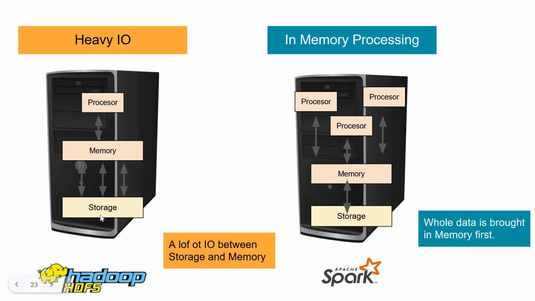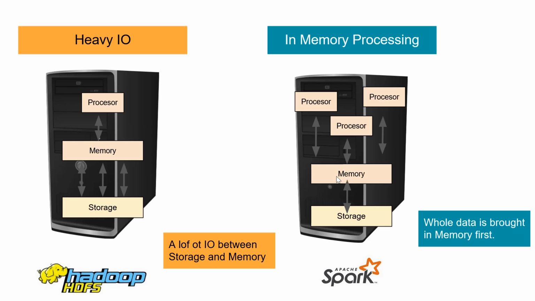In case of Hadoop, the data interaction is always in batch mode because there has to be a processing of data from data storage to memory to processor. But in case of Spark, data is first brought into memory and any further interaction happens between memory and processor. The data is all there in memory and live streaming is possible because that IO overhead is no more there. And that's a big advantage. That's a big value addition from the Spark side.